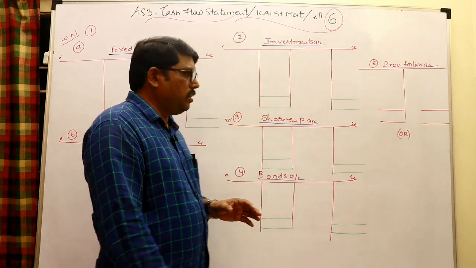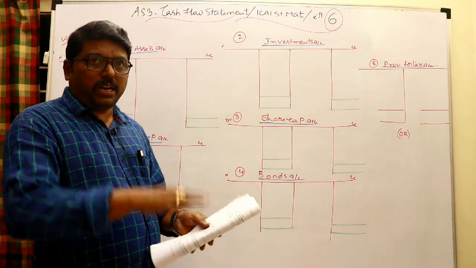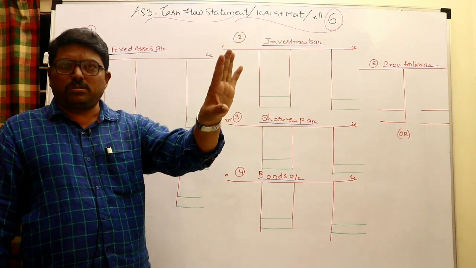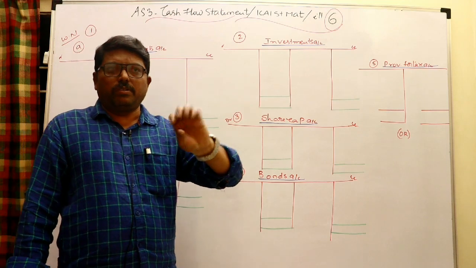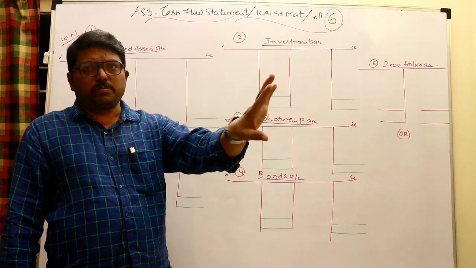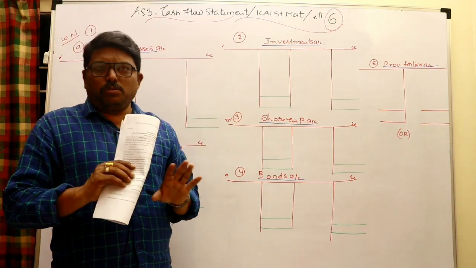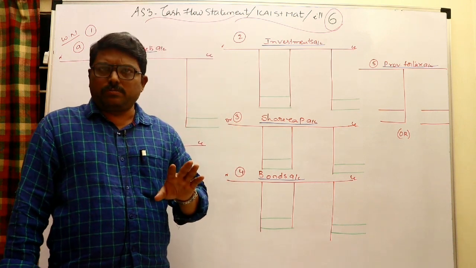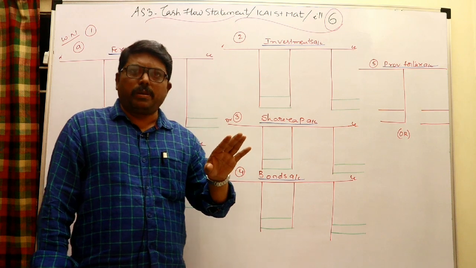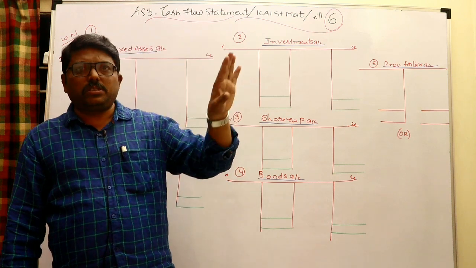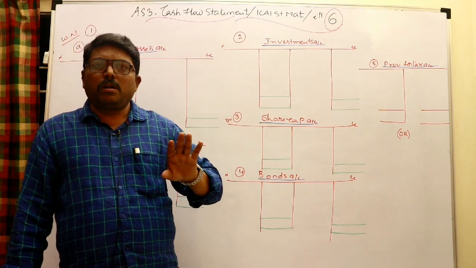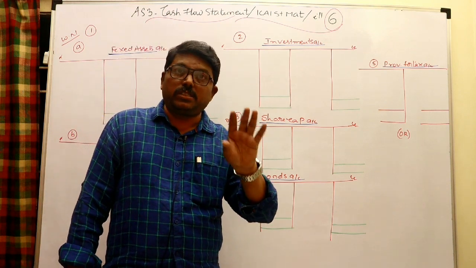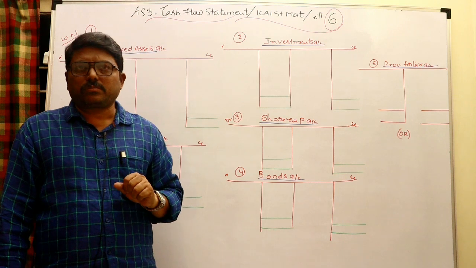While doing this, particularly in working notes, we need to prepare from the asset side. You have to prepare the assets account and investments account. Normally on the asset side you can find fixed assets, investments and current assets. You need not prepare the current assets account under any situation; just ignore it. But you may prepare the fixed assets account and investments account, particularly to find out if there are any purchases or sales during the year, if it is missing information.